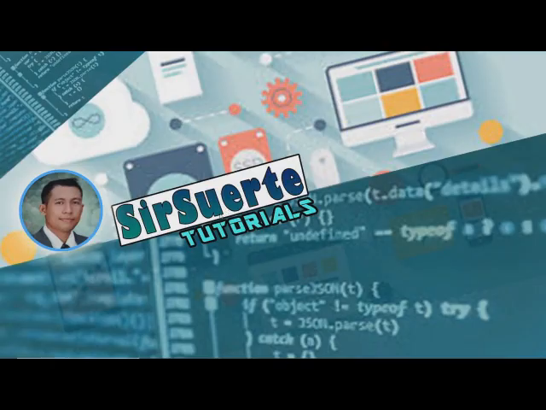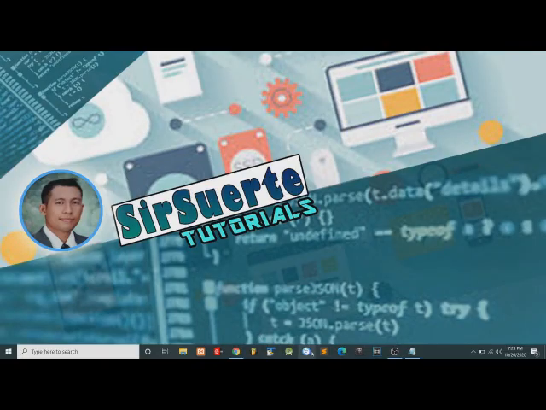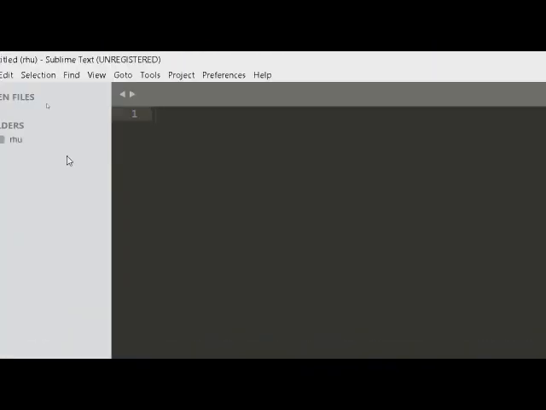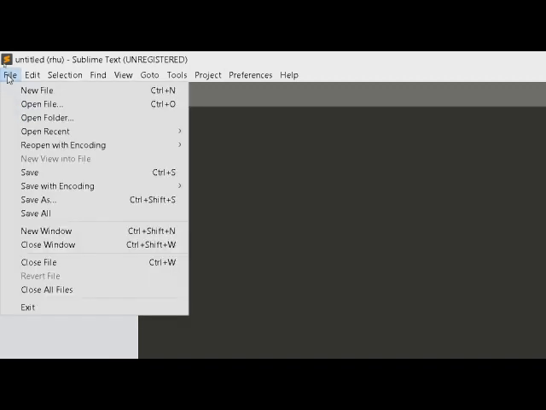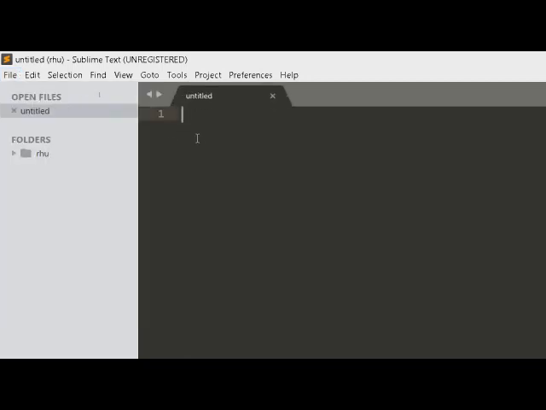Let's proceed. So let's open our text editor. So I'm going to use the Sublime Text Editor. So to make a program in PHP, first, punta tayo sa File, then New File. So we're going to create a new file. To make a program in PHP,